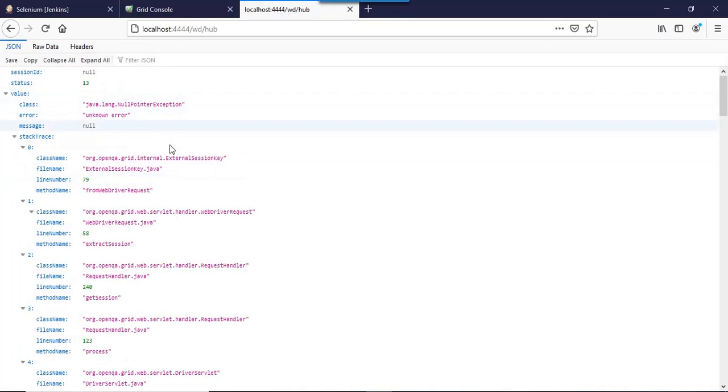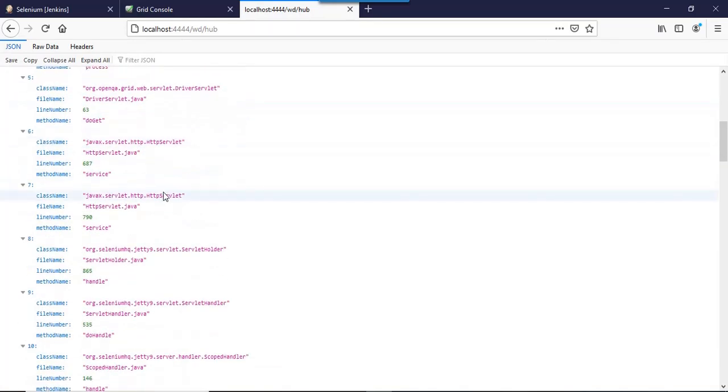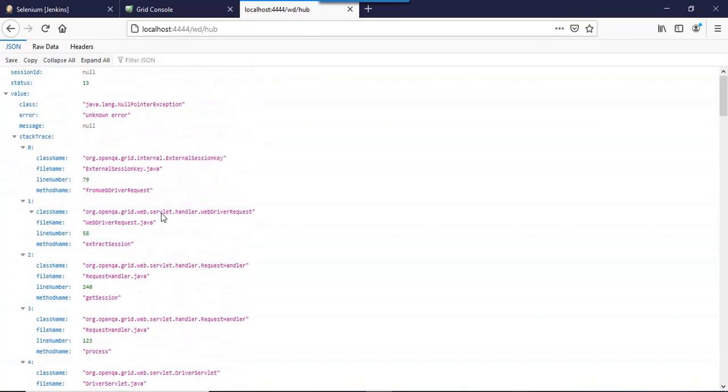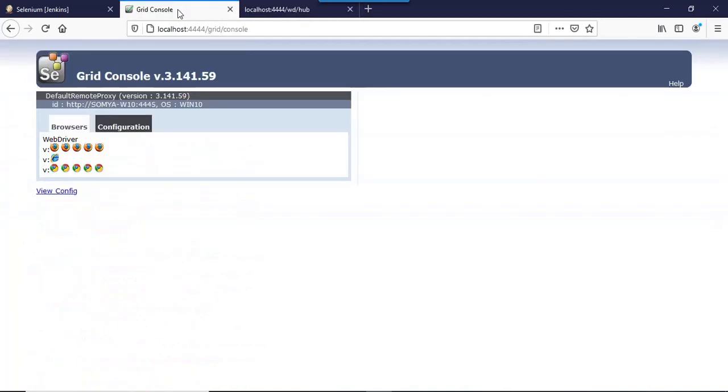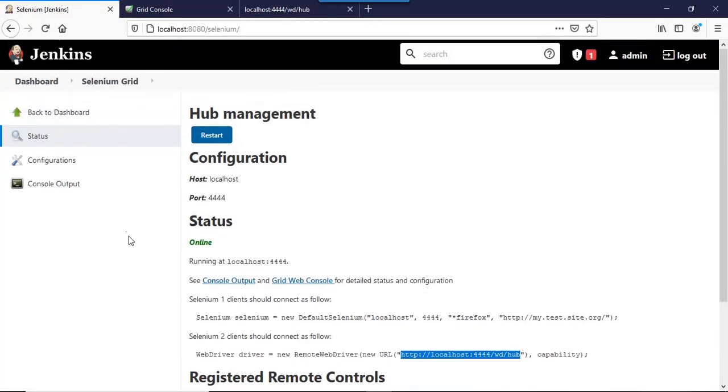If I go on the hub page, this should be the configuration you should be able to see, and this is the expected JSON which should be present here.